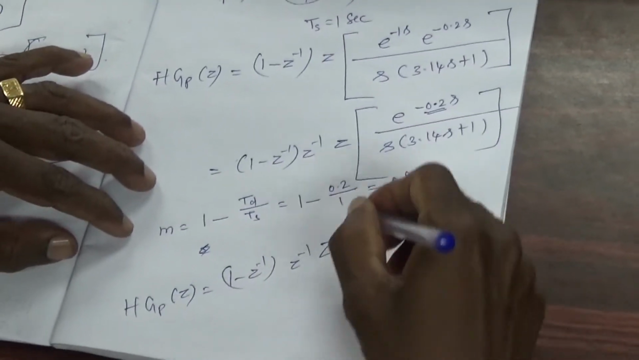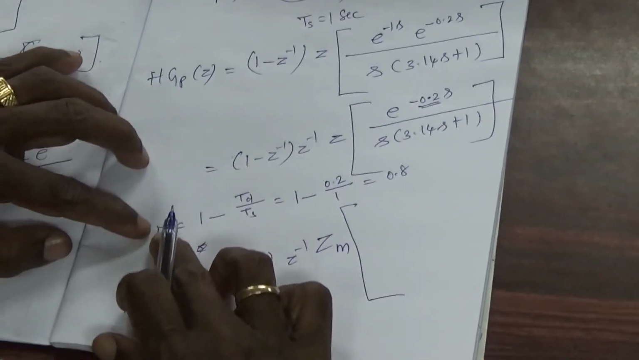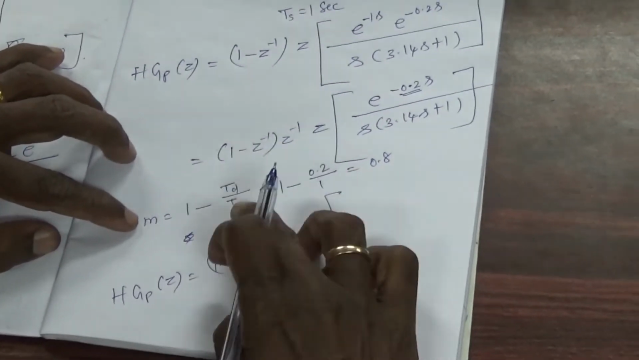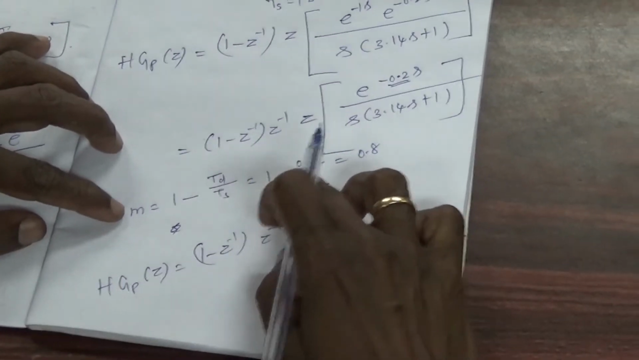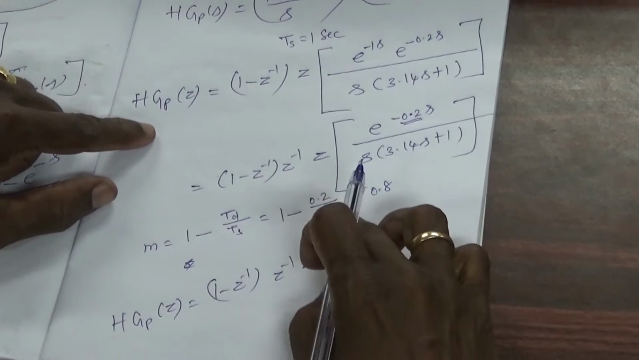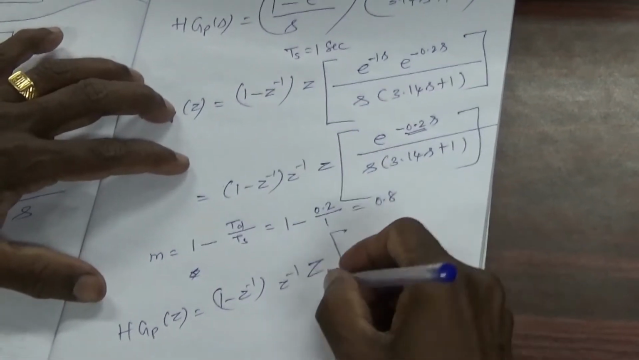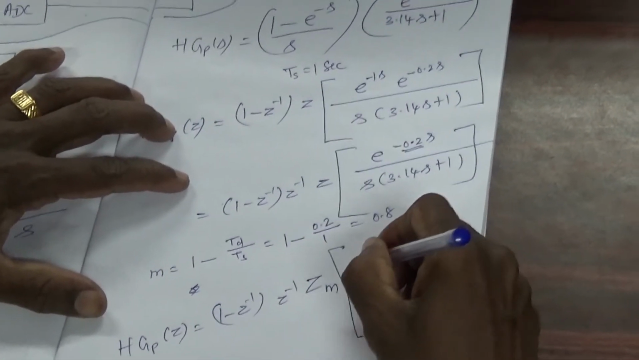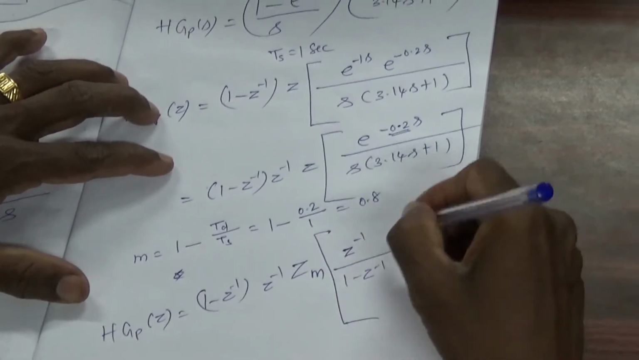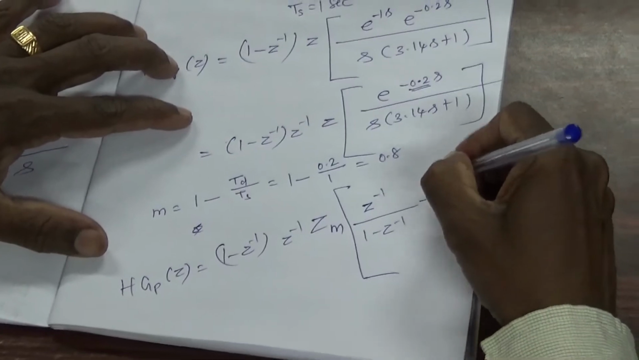Therefore we have to go for the modified z transform. For that, m = 1 minus dead time divided by sampling period, that is 1 minus 0.2 by the sampling period, which is assumed as 1 second. Therefore 1 minus 0.2 by 1 equals 0.8. Therefore the modified z transform equals z power minus 1 upon 1 minus z power minus 1 minus e power minus